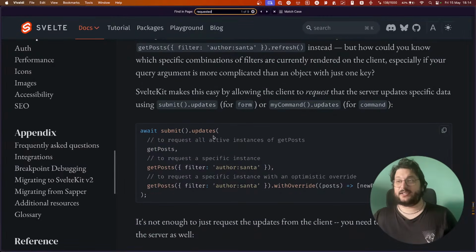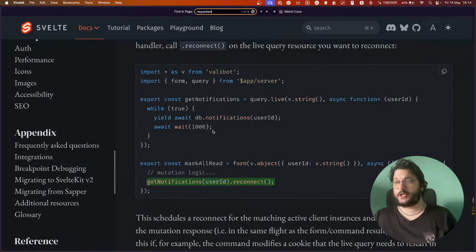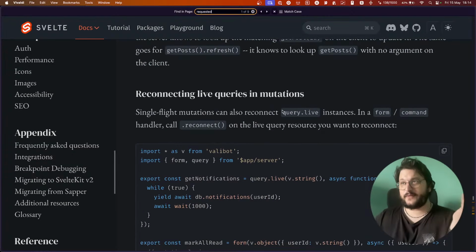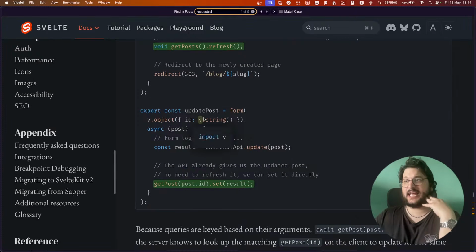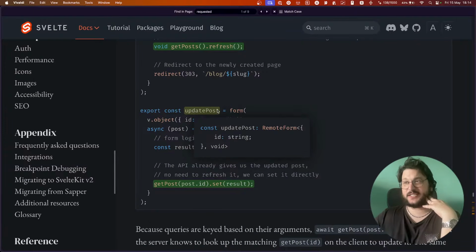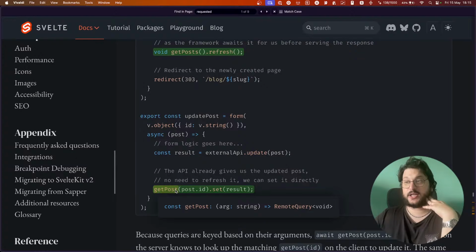So basically, what you can do is this, right? On the server, I can say, okay, when I update this post, I know that I want to refresh the get post ID result, right?